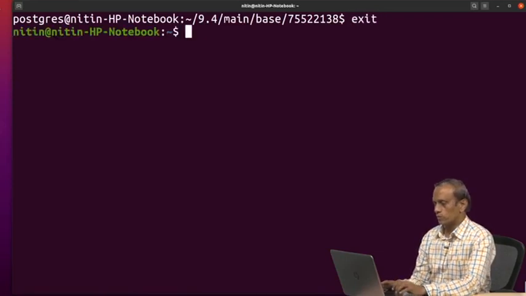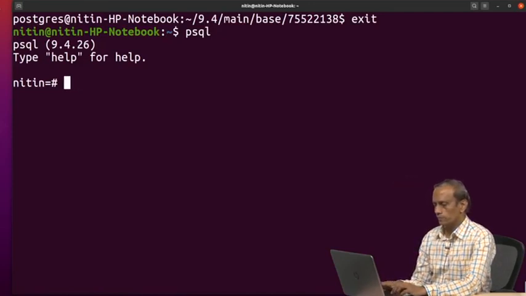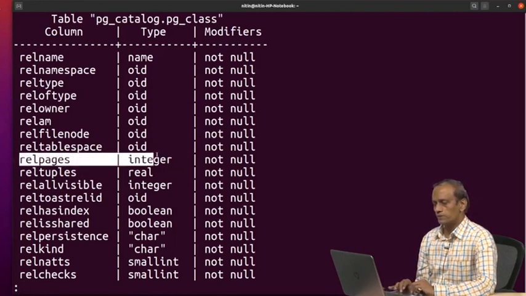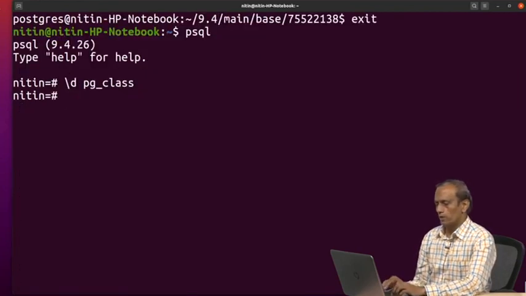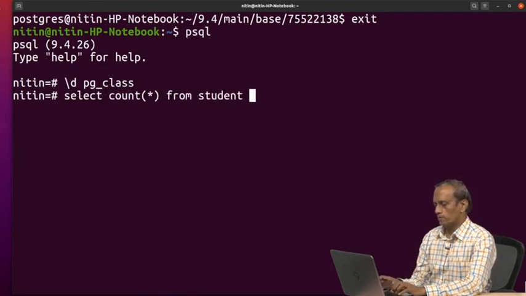We will go to PSQL, and we will talk about the contents of pg_class. There is a column called rel pages. If you recall, what we saw was select count star from student.